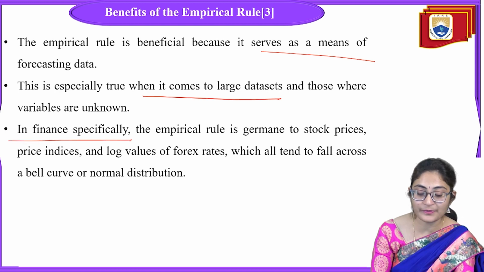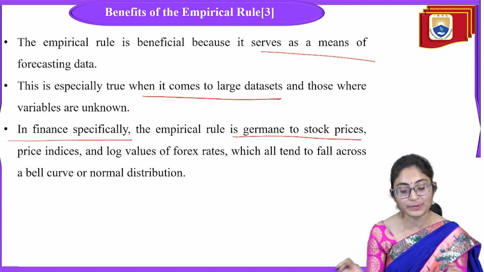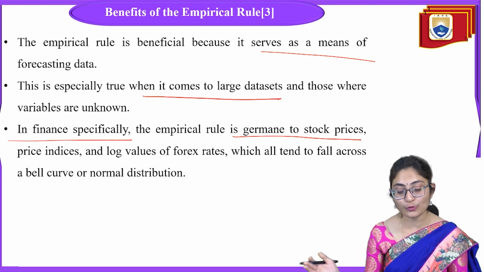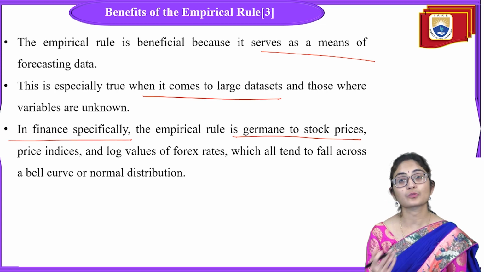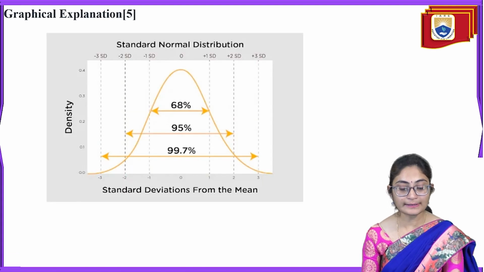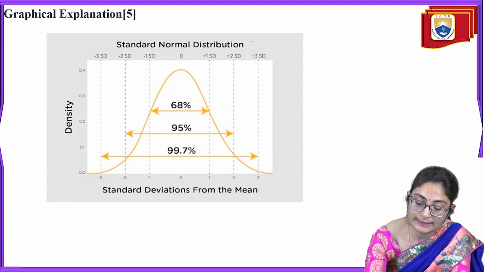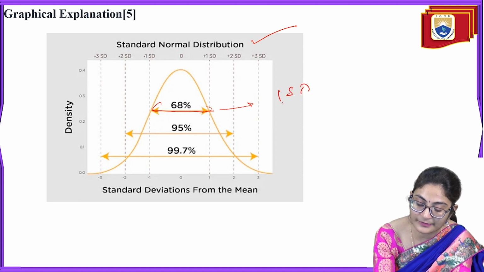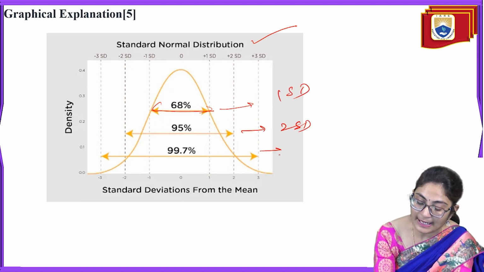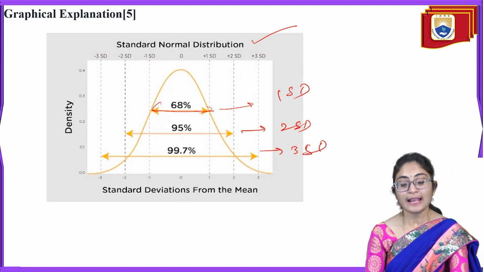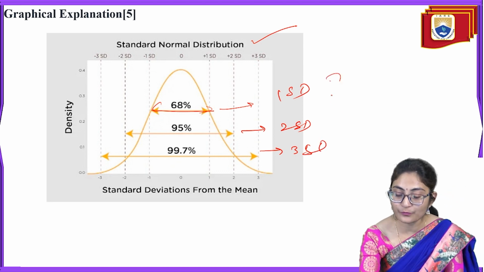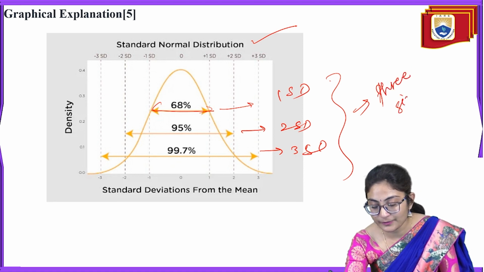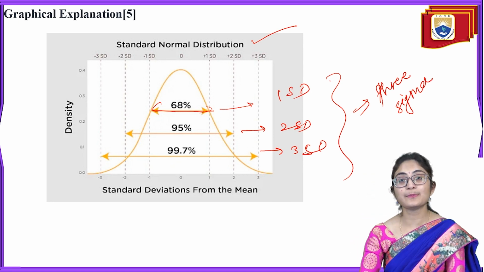And in finance specifically, the empirical rule is germane to stock prices, price indexes, log values of forex rates, which all tend to fall across a bell curve or the normal distribution. This is your graphical explanation. Standard normal distribution. This is 68%, one standard deviation, two standard deviation, and three standard deviation. And this empirical rule is followed